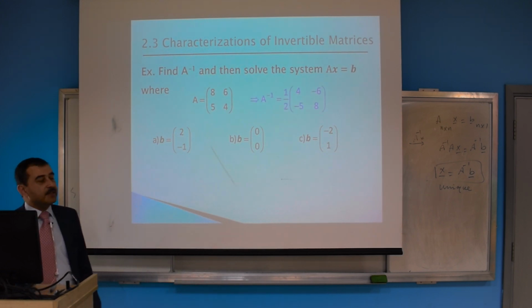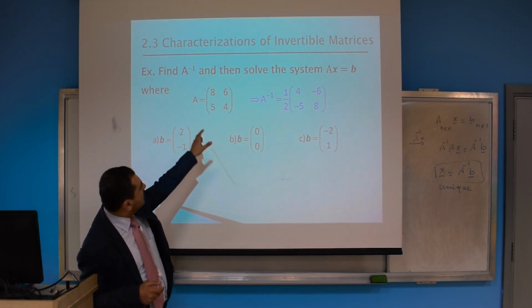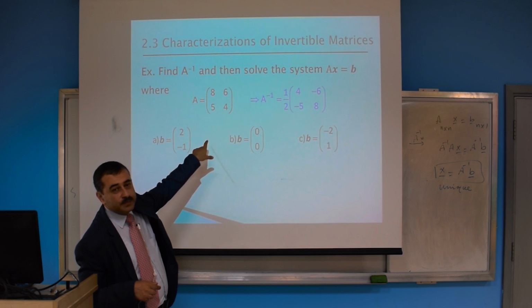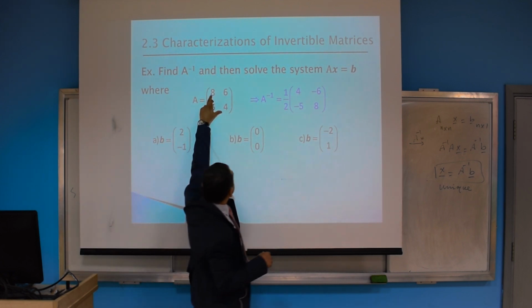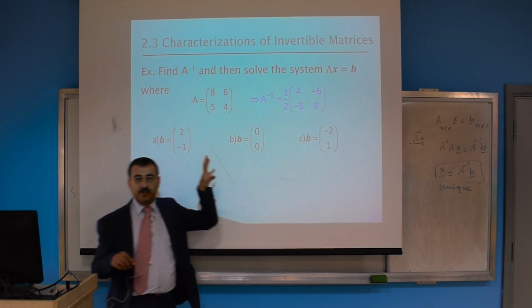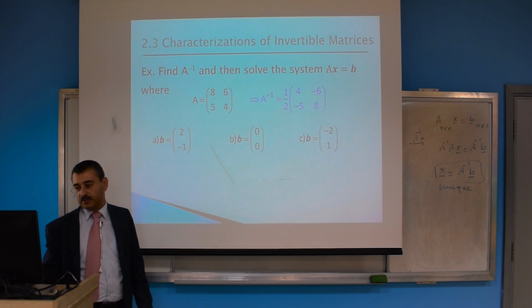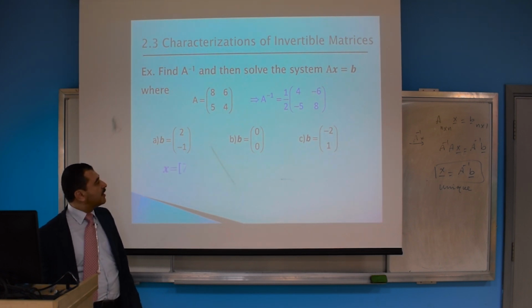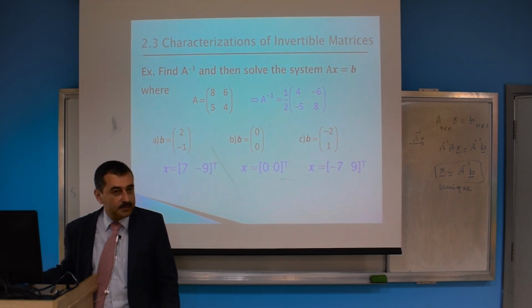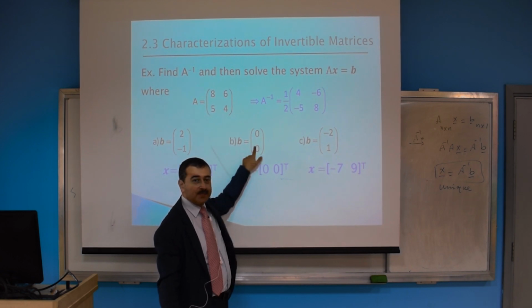Get the inverse of A. This is a simple 2 by 2 matrix. فاكرين اللي بنجيبها ازاي على طول؟ اللي هي determinant هيبقى 2، يبقى 1 over determinant، وكنا بنinterchange دول وهنغير الساين او the off diagonal. Then you have the inverse of A, multiply it with each B to get your answer. So this is X in this case, in this case, and this one. And as you see here, بص على الكيس دي كده معلش.